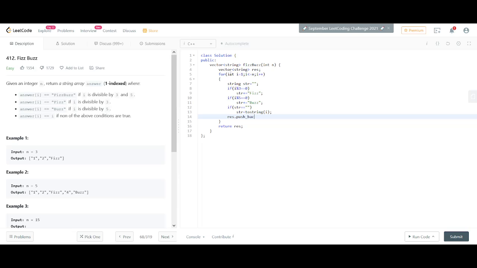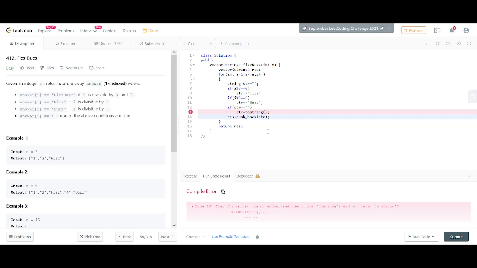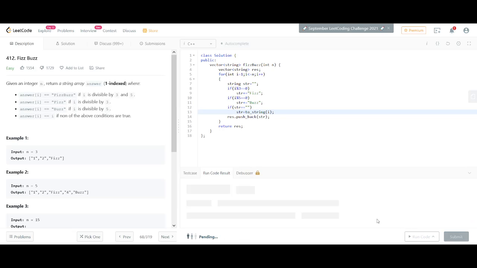Push back str, and that's pretty much it. So